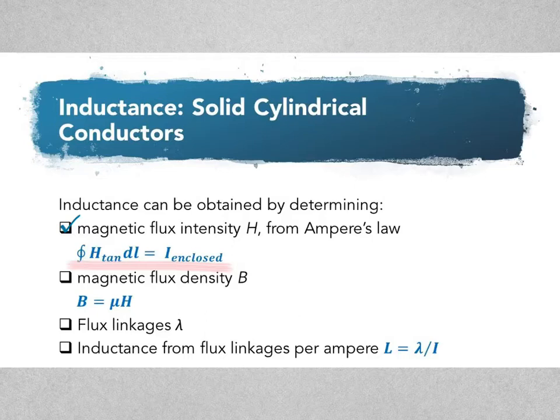So from Ampere's law, they derived the H, the magnetic field intensity H. And then after this integration, they use this H to get the magnetic flux density B, using this formula involving mu,